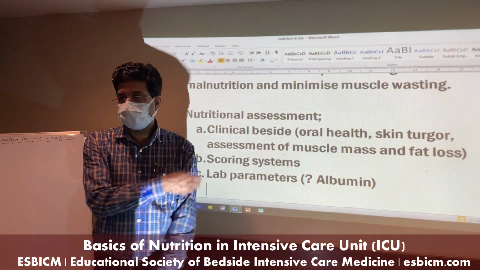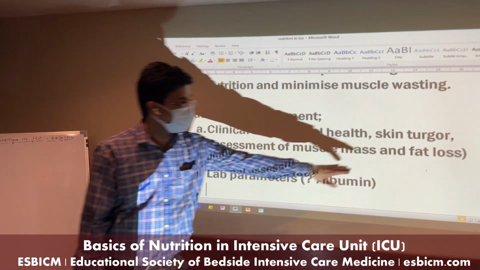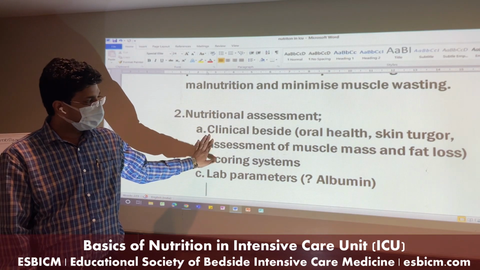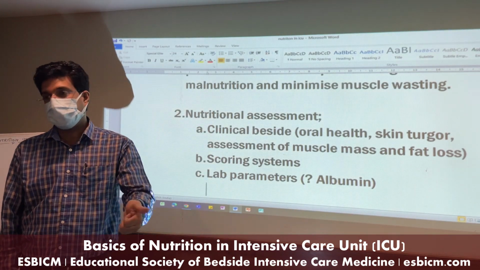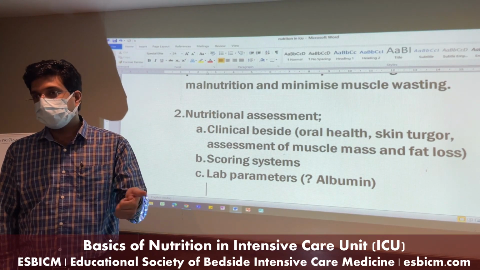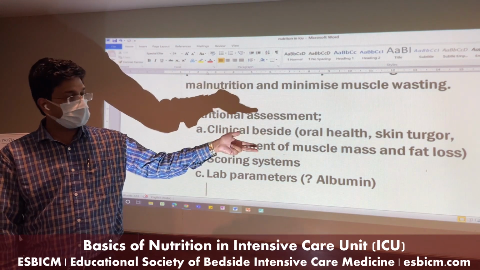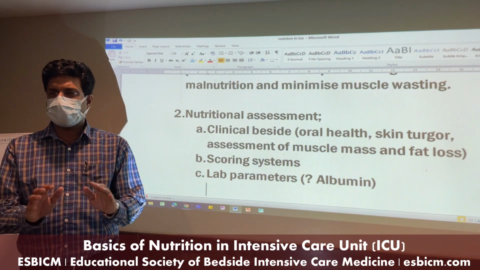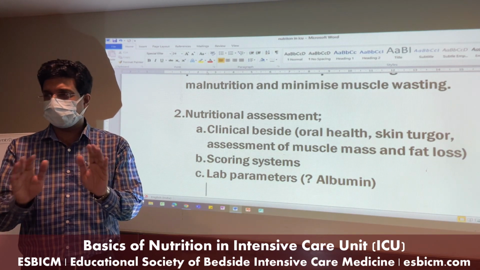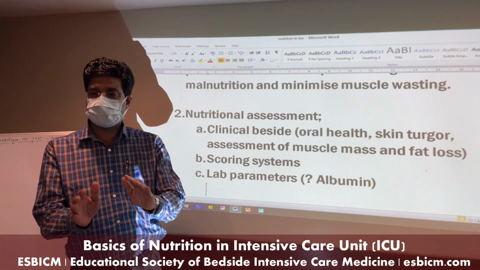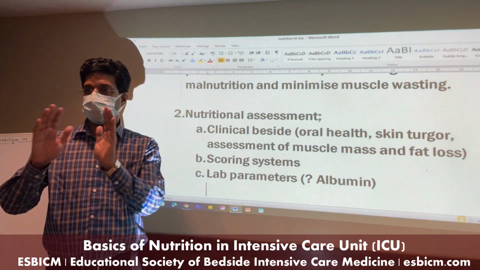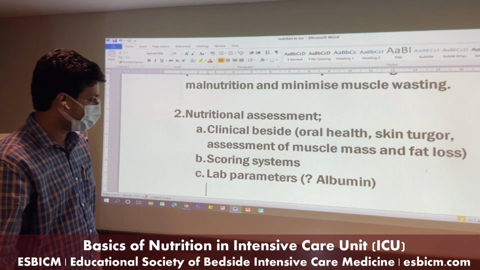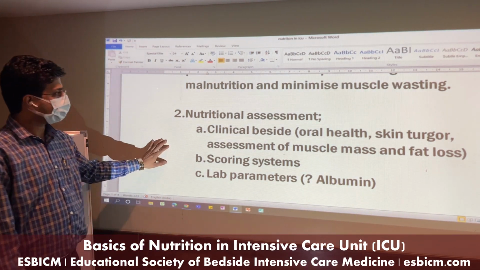Assessment of muscle mass by diameter is not very helpful. Fat loss you also need to judge clinically, but in bedside assessment, again, the category of the patient, the previous history, and the weight, you can have two or three things which can help you in a bedside assessment to say roughly whether this patient is malnourished, whether this patient was okay, or whether this patient is malnourished in terms of excessive weight, obesity. So this you can have. Drop on the slide.